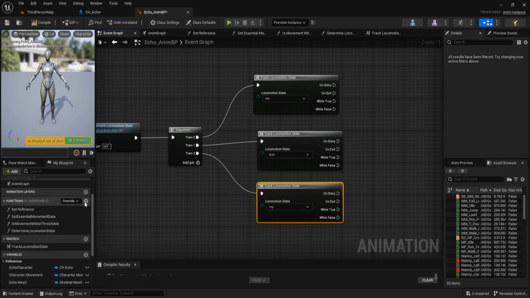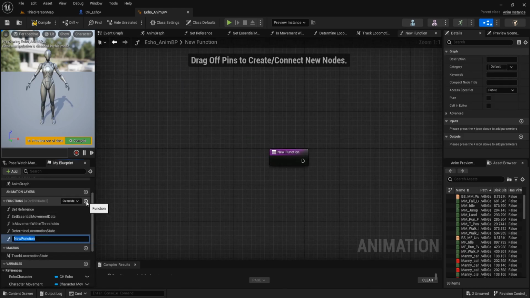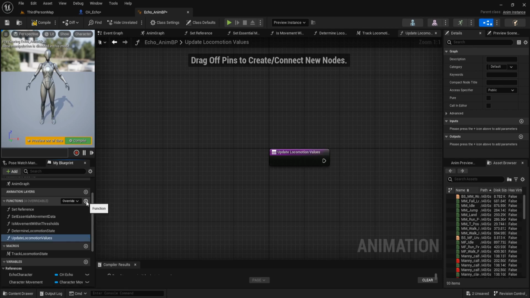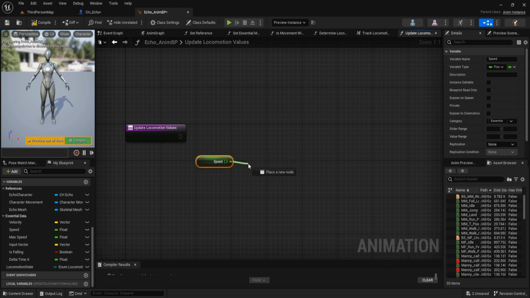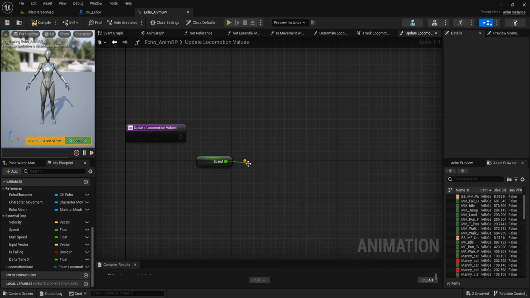Then add new function, name it update locomotion value. Get speed, safe divide.